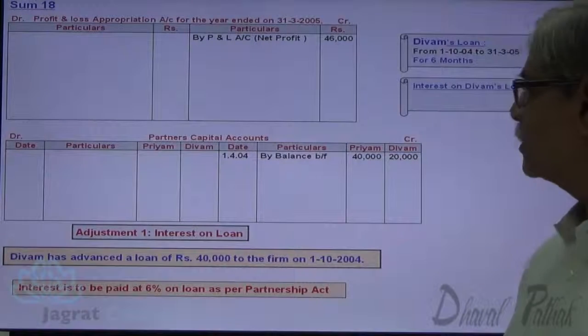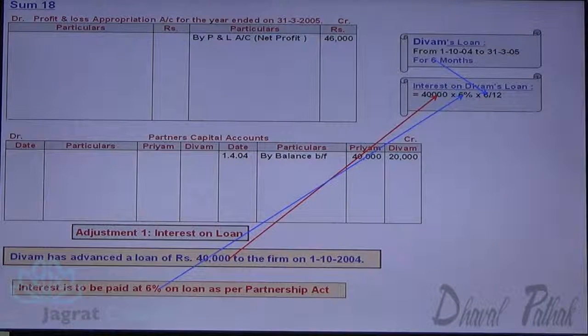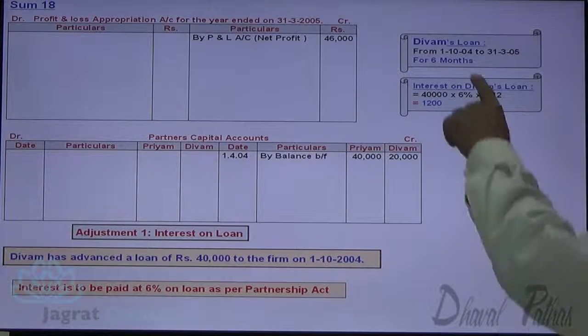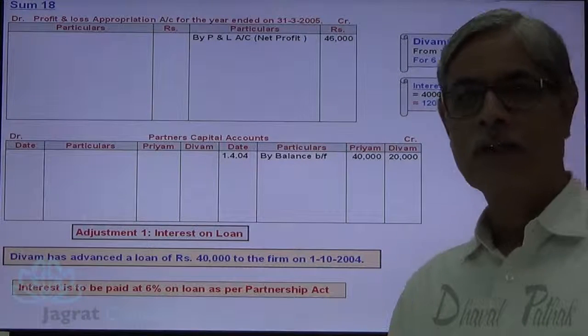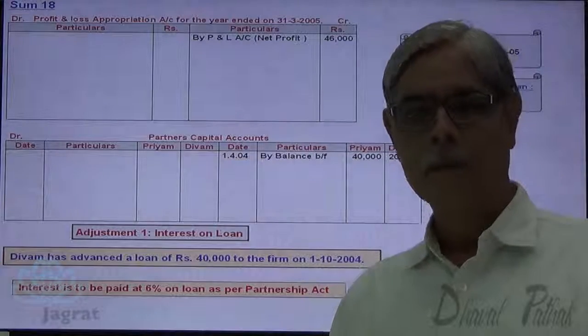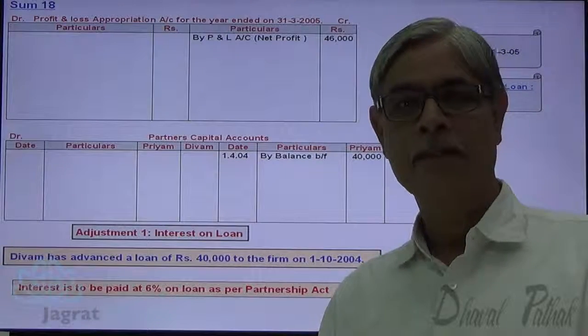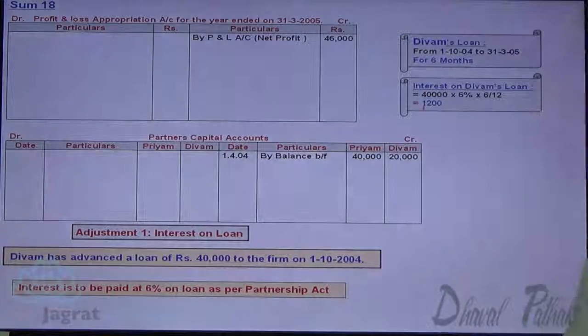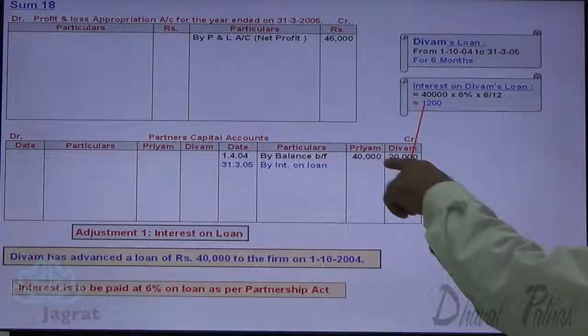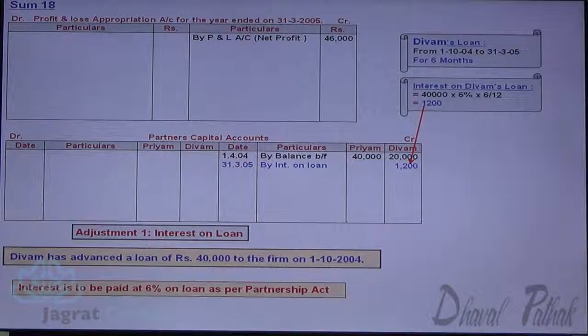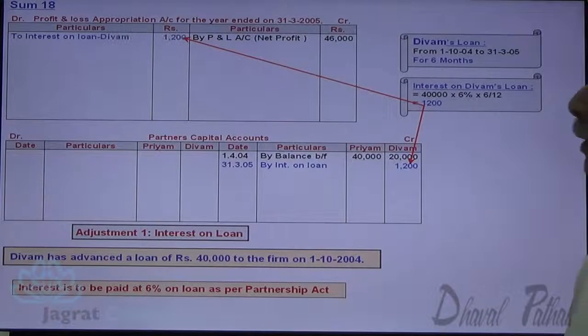The loan amount is 40,000 into 6% into 6 by 12. This is the interest on loan. So 40,000, 6%, and 6 months interest is to be calculated. So 1200 interest on loan is credited to the capital account of Divam and it is debited to profit and